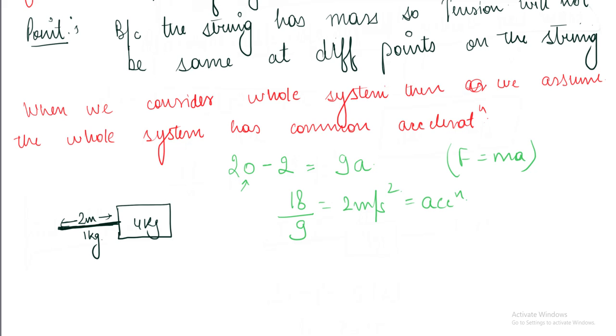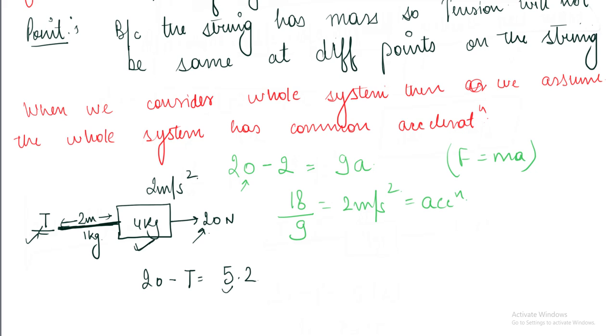Now 2 meters has 1 kilogram. Now the force applied towards this side is 20 Newton and the tension towards this side is T. Now because the system is moving with 2 meter per second squared acceleration, we consider 20 is greater than T. So 20 minus T is equal to 5 into 2, 5 being the mass of the whole system,